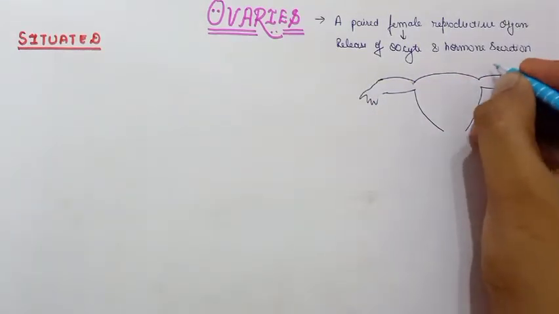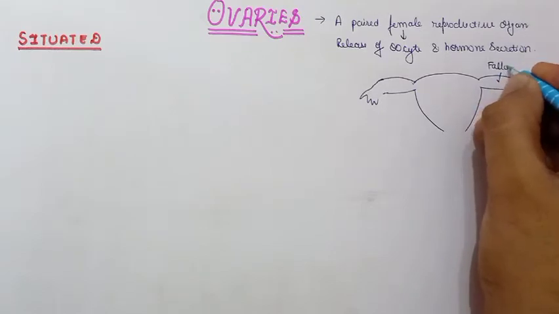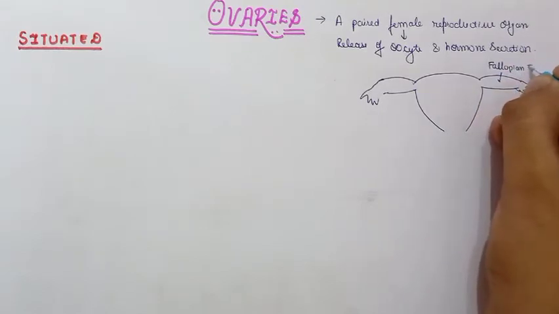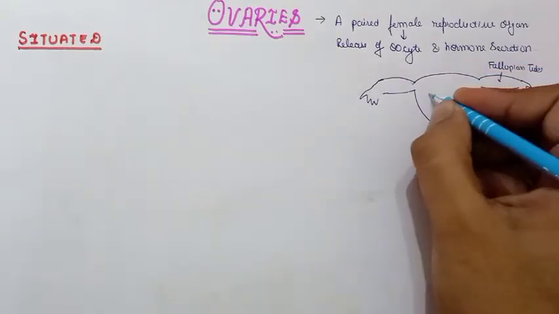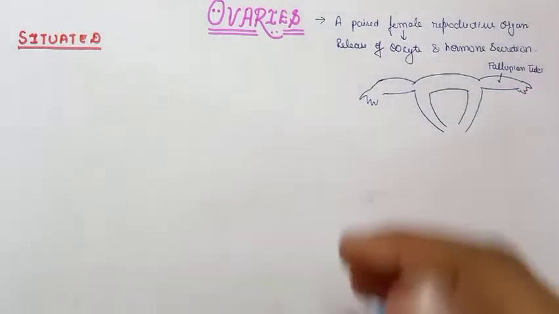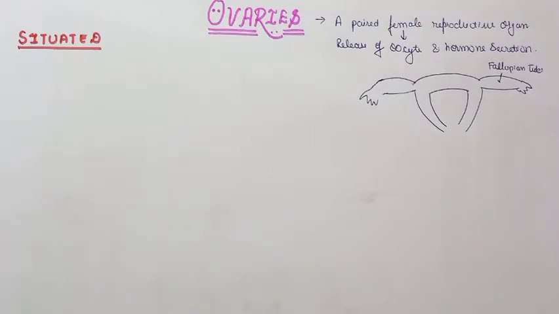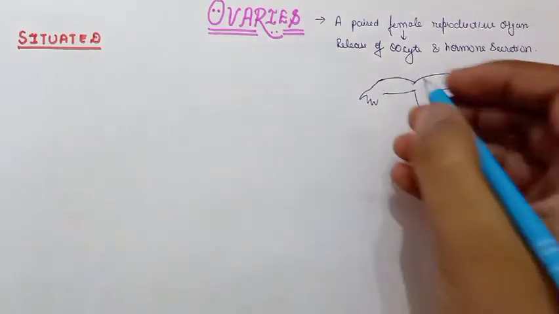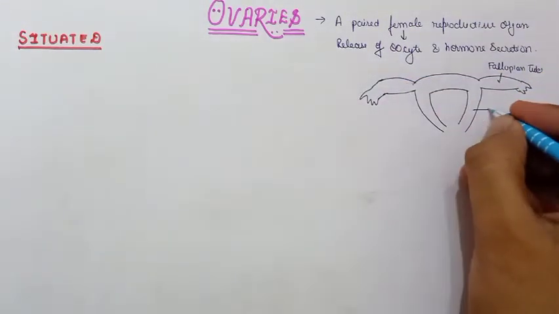So this is the fallopian tube. This is the uterus. What are the other parts of the uterus? That is the fundus, the main body. All that we'll discuss later. So these are fallopian tubes. This is the uterus,